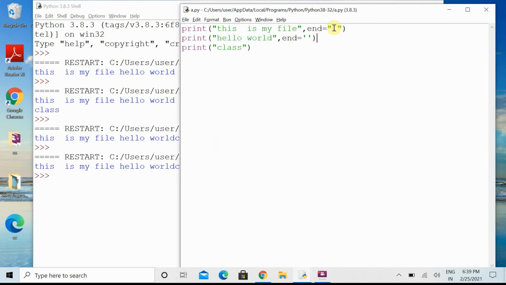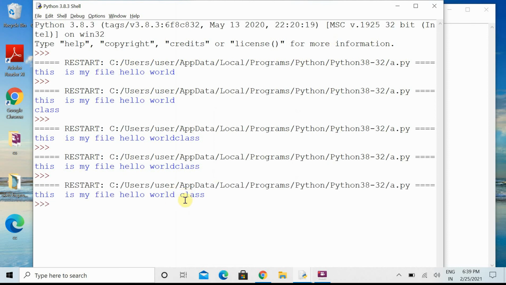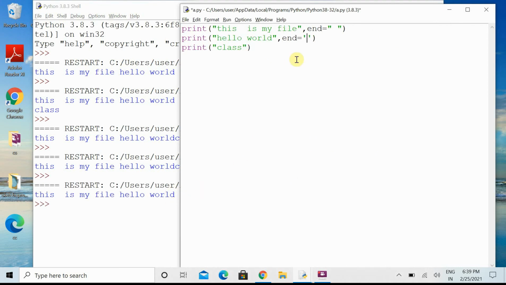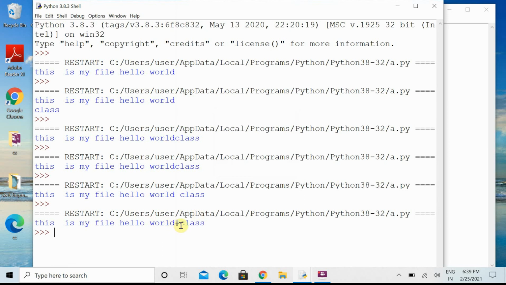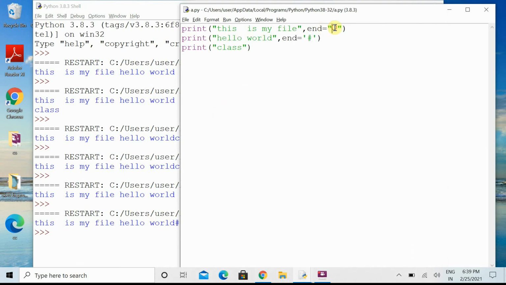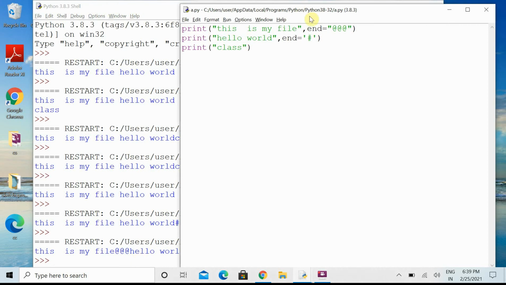Here I have put some space. Here I have not put any space. If you are putting some space, then while adding the next line content, it will add some space. Suppose instead of putting some space, if I want to use any symbol, then after adding the next line content, it will add that symbol. You can see here. Suppose you want to terminate any line with any symbol, or after adding the next line content, if you want to add some symbol, you can add multiple symbols also, your choice. Then it will add that symbol that many times. I hope this much is clear to you. That was the use of the end parameter.